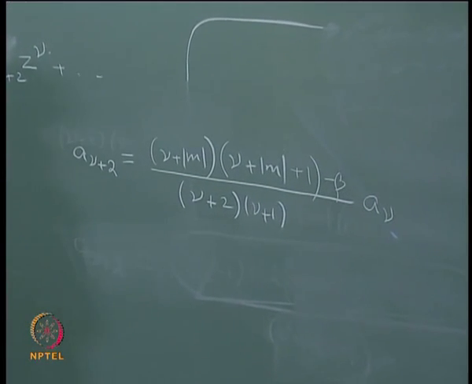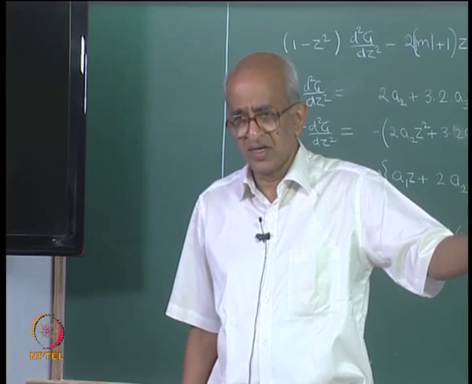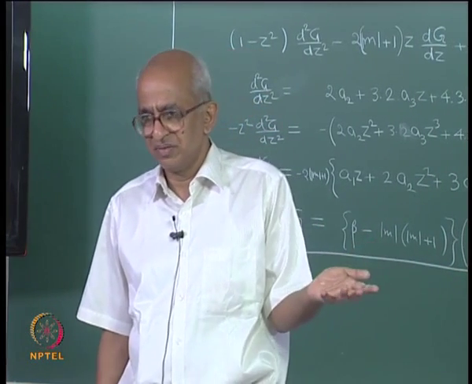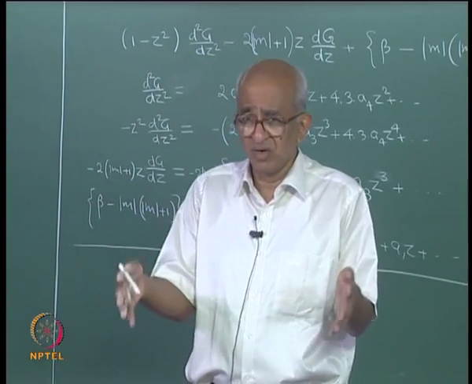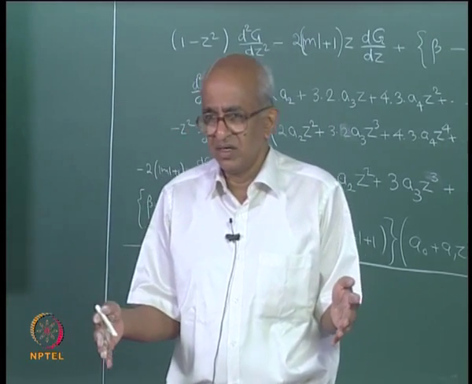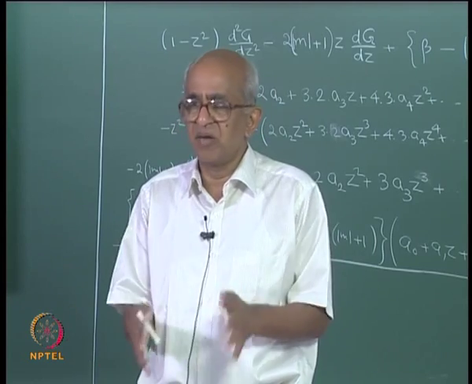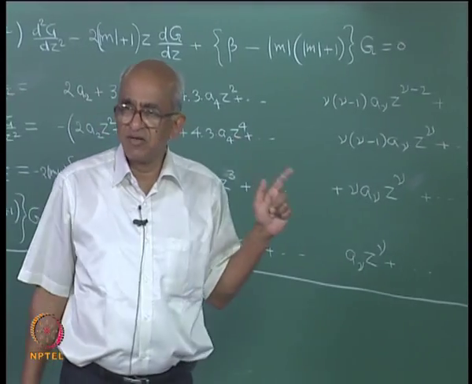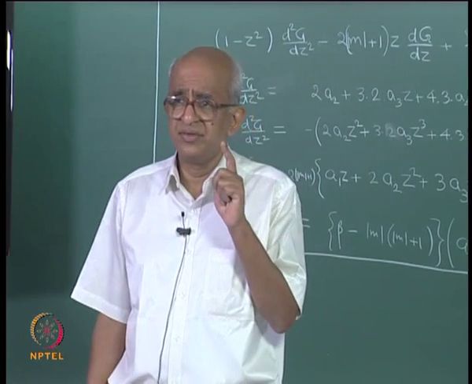Right, this is a neat way to write the recursion relationship, but then you see we know that if the series goes to infinity we may run into problems. This is exactly the kind of thing that happened with the harmonic oscillator. There we argued that you have to terminate the series at a finite power of the variable, otherwise if it went to infinity then the behavior is unacceptable. So, the same thing happens with this, and therefore, you have to terminate at a finite power of z, and how will you do that?